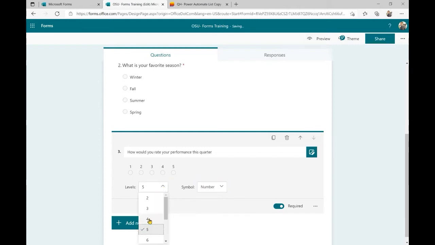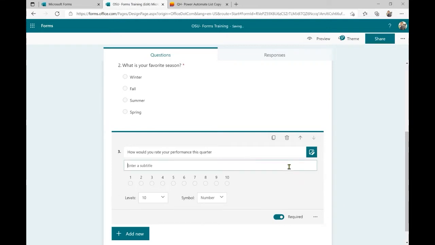So you can say on a scale from 1 to 10, how would you rate your performance this quarter? We can, of course, add a subtitle to that. We'll say 1 being the lowest and 10 being the highest, just to give them some more clarity.